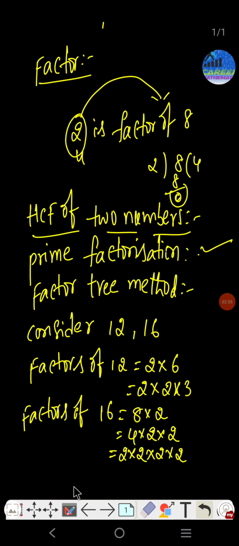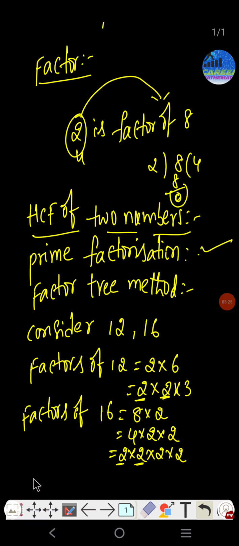Yes. Now in this, take the common factors, the highest common factor. Here 2 is common, here also 2 is common, here also 2 is common, here also 2 is common. That's it. Here 3 is there, but in the other one 3 is not there. Here 2 is there, but the extra third 2 is not there in this one. Only two 2s are the common factors.